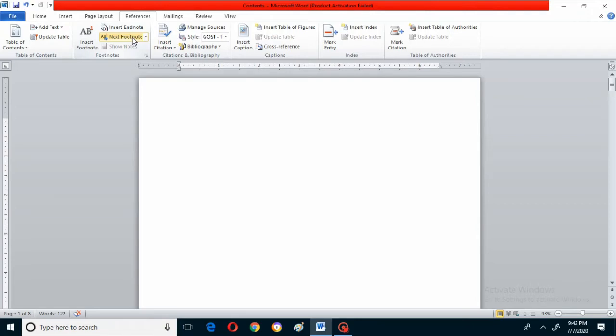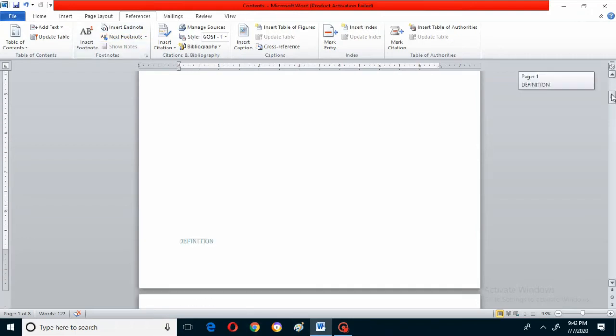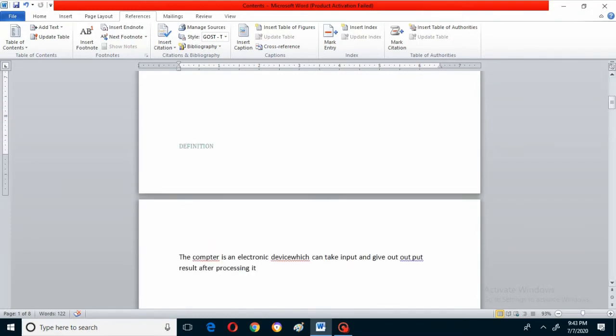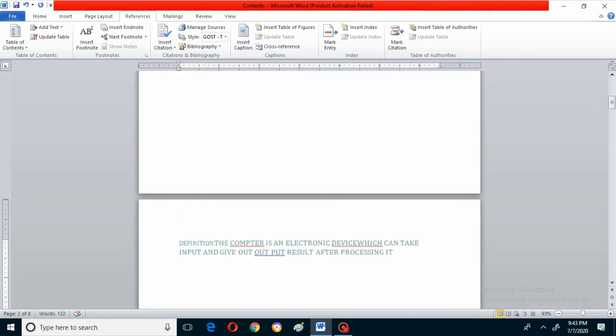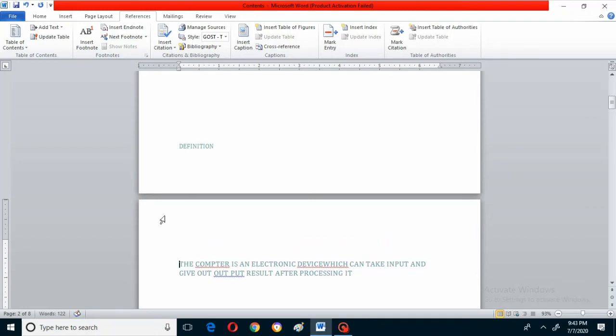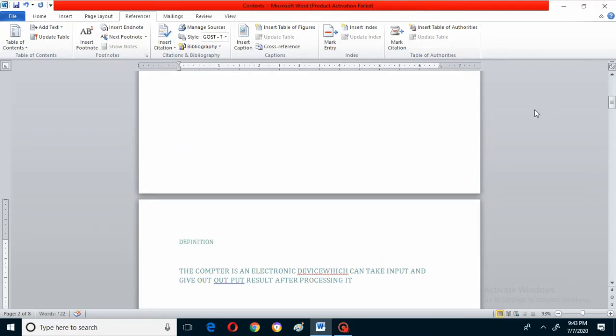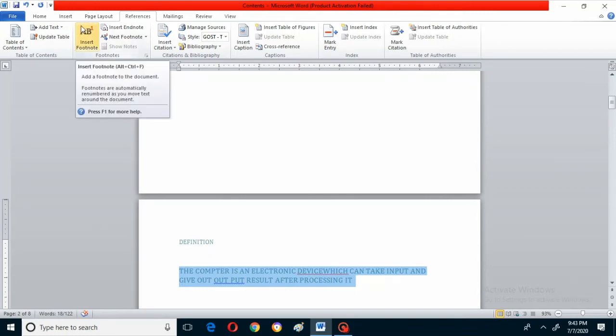So for that I will show you how to insert the footnote. Already I have created some pages, because for this you require some pages. See, this is the first page. In the first page I have written some text, I didn't take any long paragraph, just two sentences.